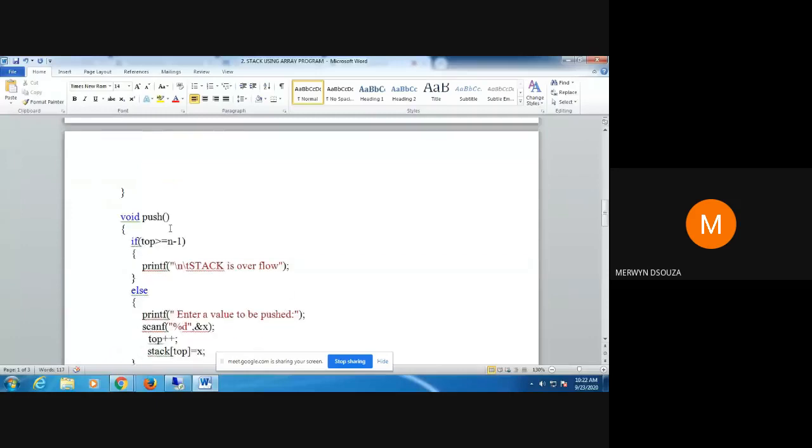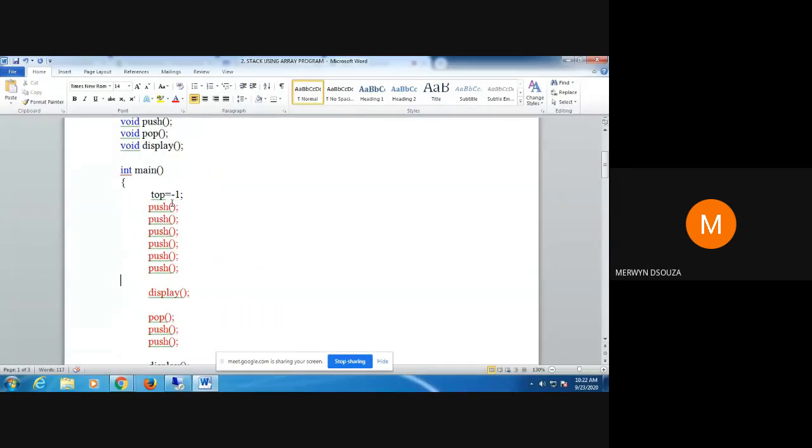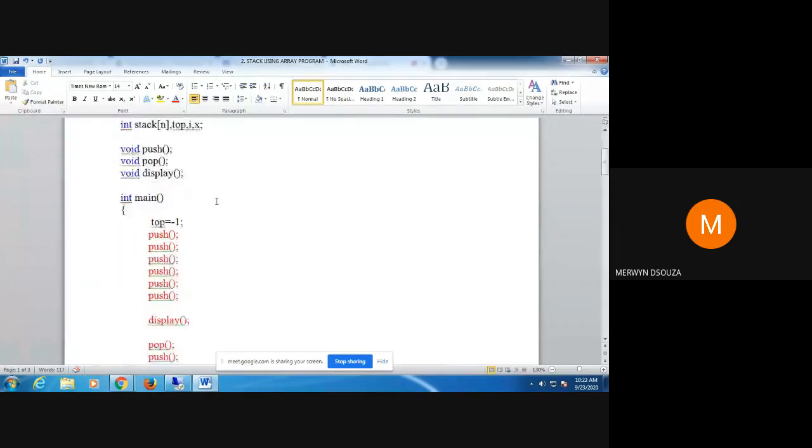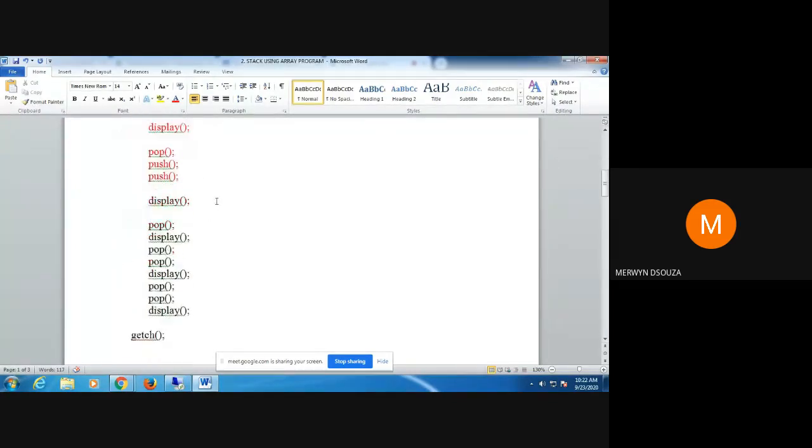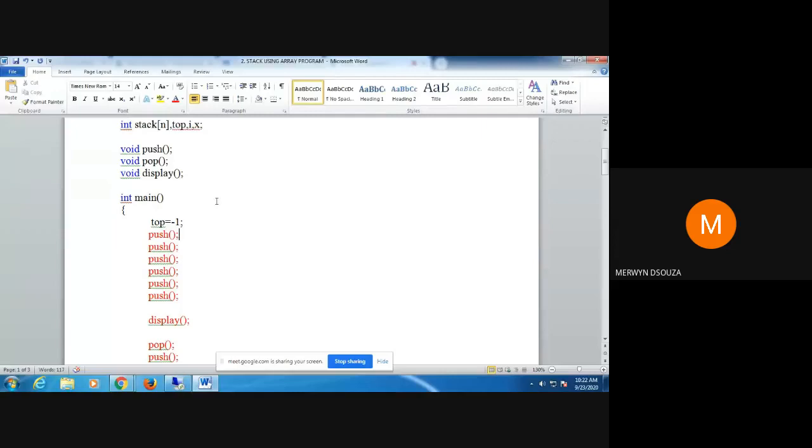Okay, also I could have, for example, sent values from the main function. I could have taken input from the main function and sent values from here. But to just make your life simpler, I have not shown any arguments. Okay, so those who are good in programming, you can try to vary this program, improve your programming.